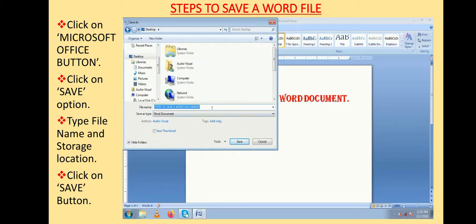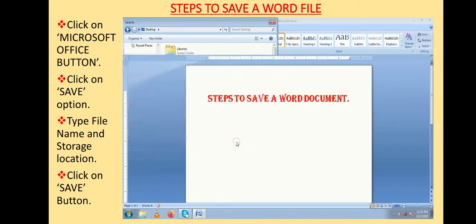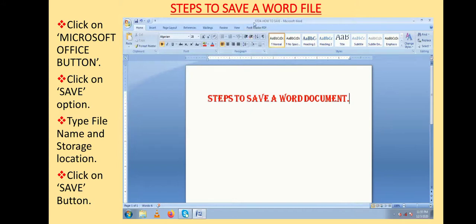After that, type a file name of your choice in the space provided. For example, I am typing Standard 4 how to save, and finally click on the Save button. When you follow these steps, your file will get saved and the name appears on the title bar.